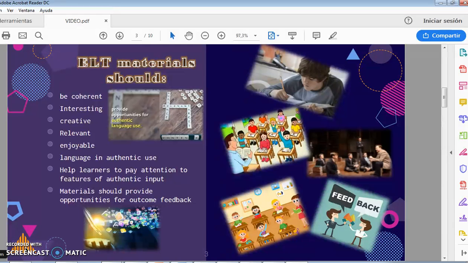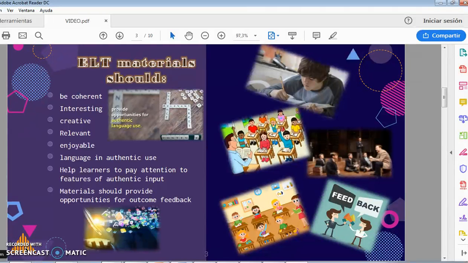I think that they should be coherent, interesting, creative, relevant, and enjoyable, for being perceived by learners as relevant and useful with a view to improving classroom teaching,